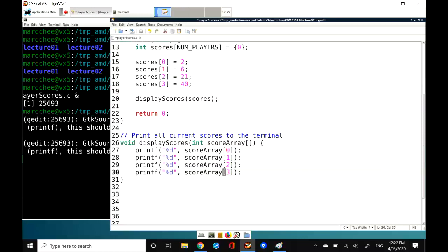So instead of repeating code like this, I don't like repeating code, I don't like having to copy paste stuff, I'm going to loop through this instead. So I'm actually going to ditch this whole thing. And I'm going to say, let's loop through all the scores, and looping through all of them, we're going to print them out one at a time. So I'm going to start off with a counter. I'm going to call mine i. You know how I was talking last week about iterators, that sometimes we call them i. And then I'm going to do a while loop